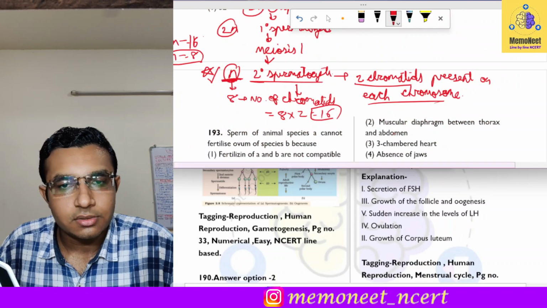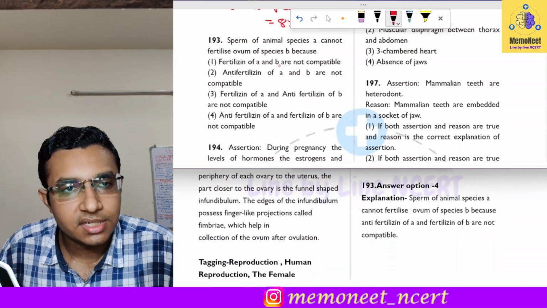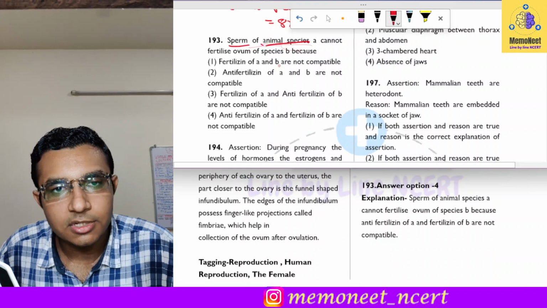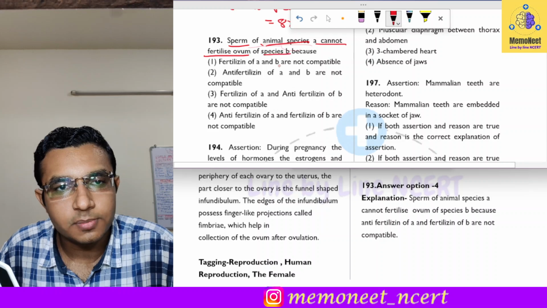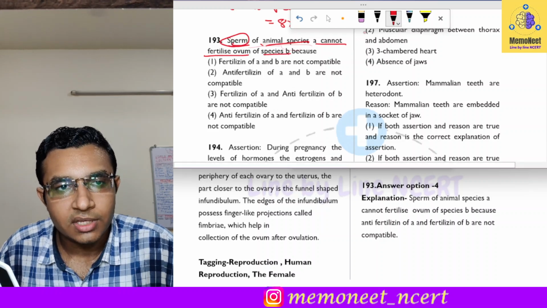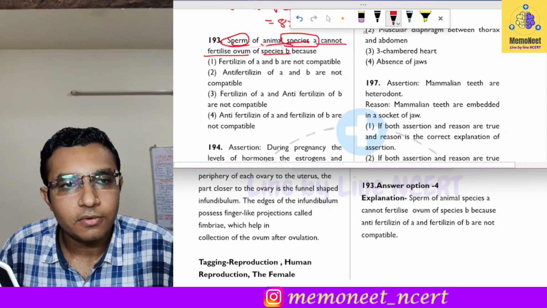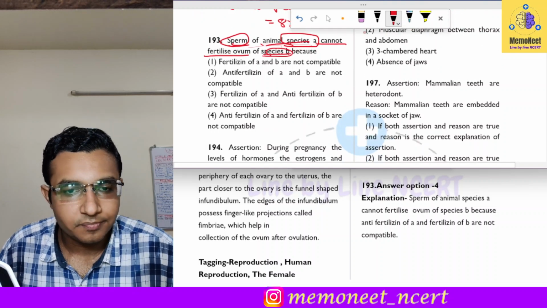Moving on to the next question, that is question number 193. So it states that the sperm of animal species A cannot fertilize ovum of species B because dash. Okay, so if the sperm is of species A, it cannot fertilize the ovum of species B because, so what happens is that